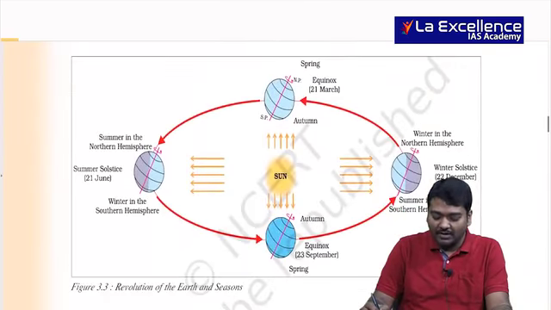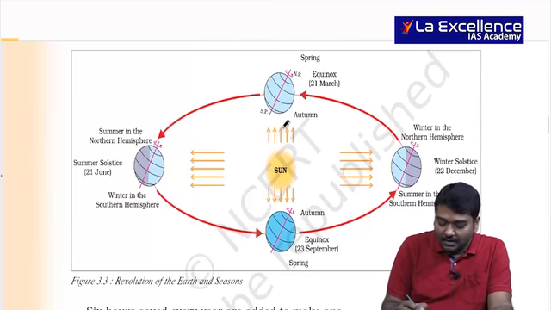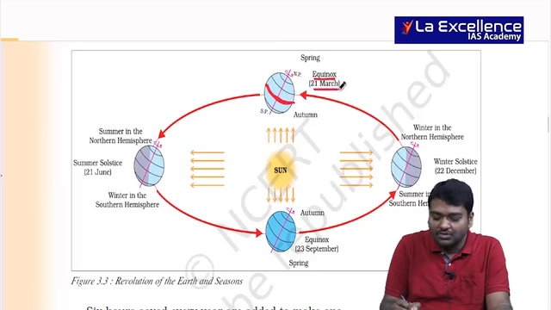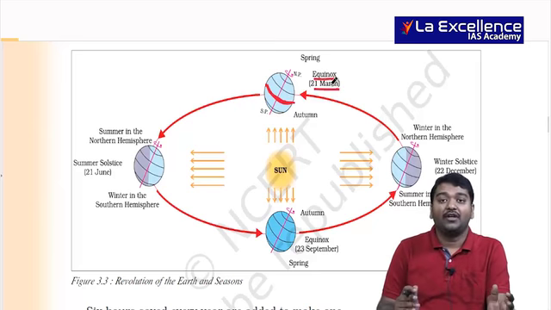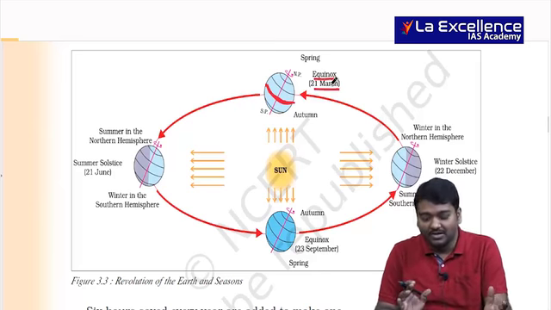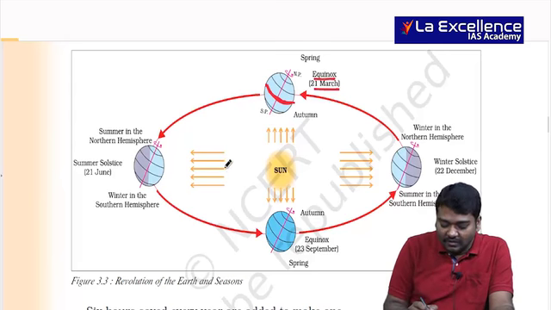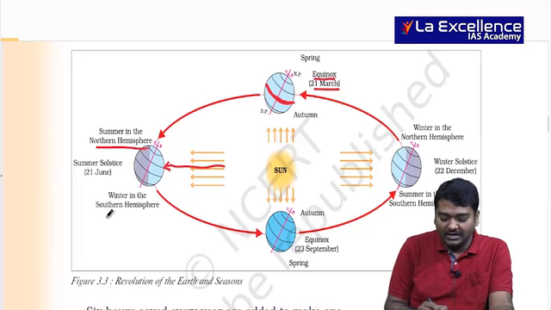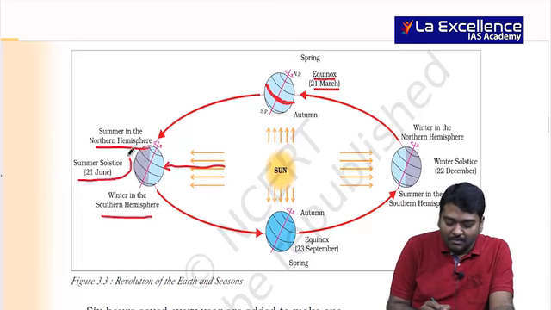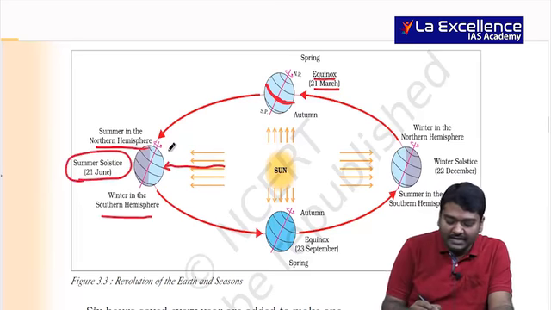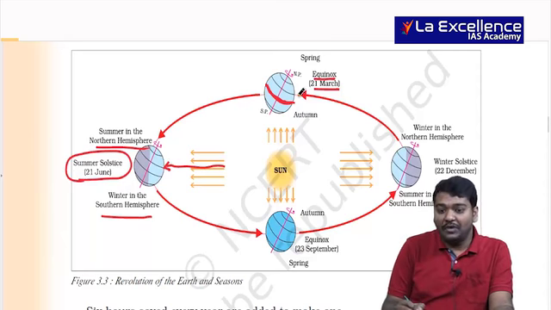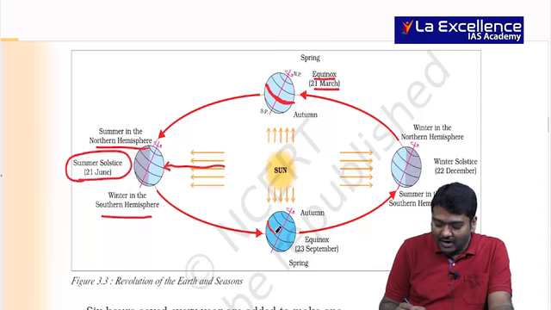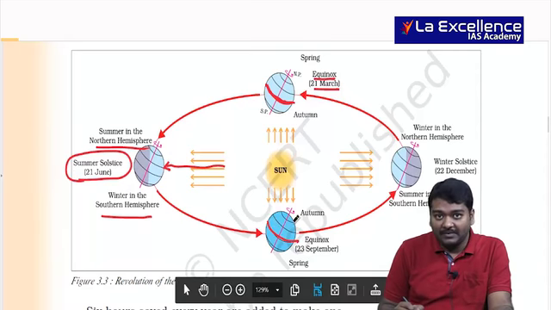And then when we talk about the revolution, can you see here, the sun's rays are vertical on the equator, equinox, March 21st, Chaitra 1, when you actually have your New Year day. And then the sun's rays fall vertically on 23.5, northern summer, winter in the southern hemisphere. We call it the summer solstice. Days will be more in the northern hemisphere, less in the southern hemisphere. Equinox, it will be equal. Again you have an equinox, days and nights will be the same.